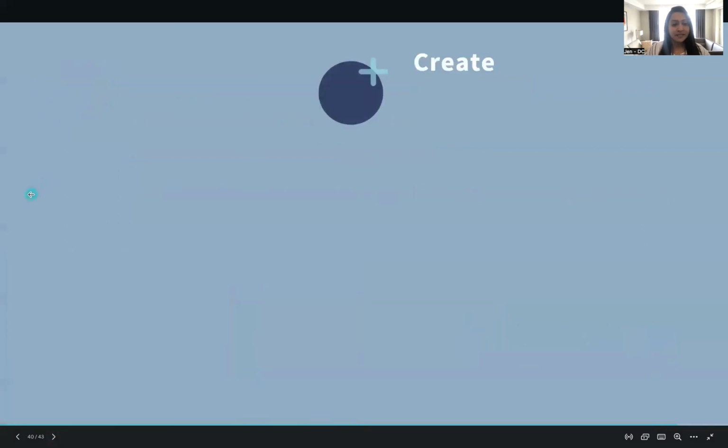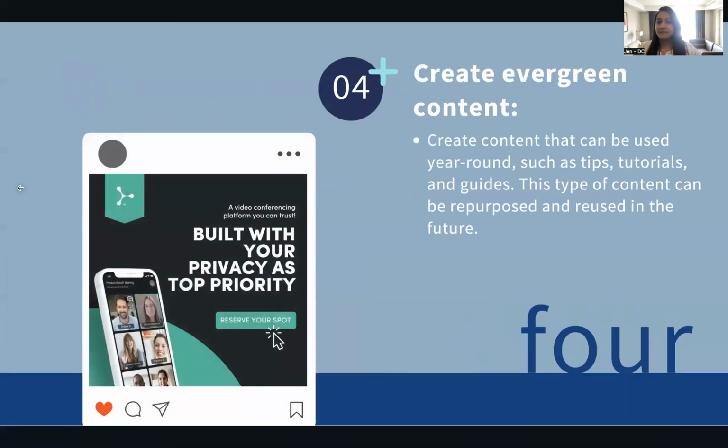Okay. The fourth tip is create evergreen content. These are amazing pieces of content that will never really go old. Mary was showing tips on how to prepare your children for kindergarten. As a parent, you've been holding on to your child for 3 years, and now you have to walk your child to kindergarten, and there might be separation anxiety. What are the tips and tools that you, as a school who have seen this, can show the parents to overcome that? And they will start looking at that and engaging with it.